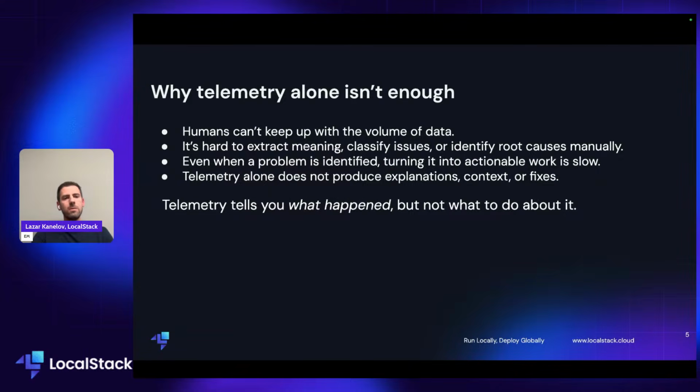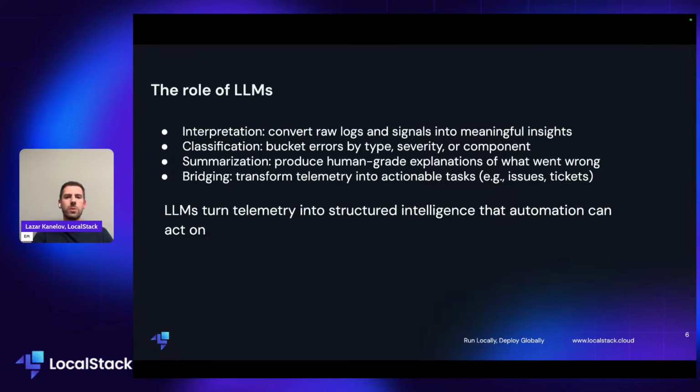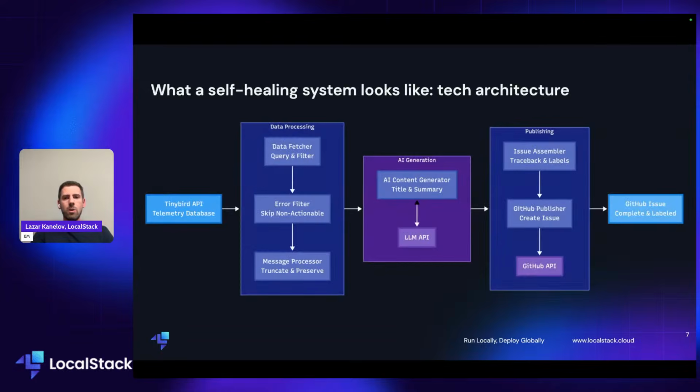But in reality, telemetry alone isn't enough. Telemetry basically tells you what really happened, but not what to do about it. So you need an additional component to help you with this analysis and the actual summarization and classification of the information. And that's why we need large language models. They're extremely good at this, and they can basically turn your telemetry data into some sort of structured intelligence so that we can have another system like LogicStar in our particular example to basically work with this structured intelligence and provide meaningful outputs.